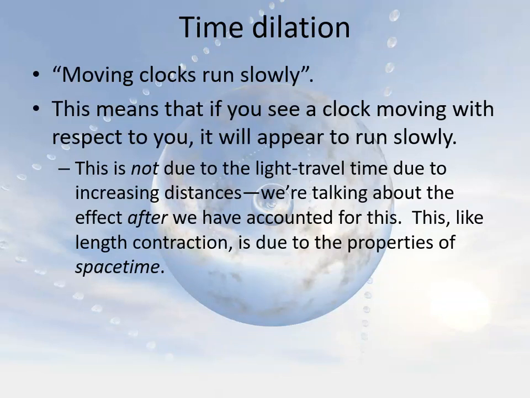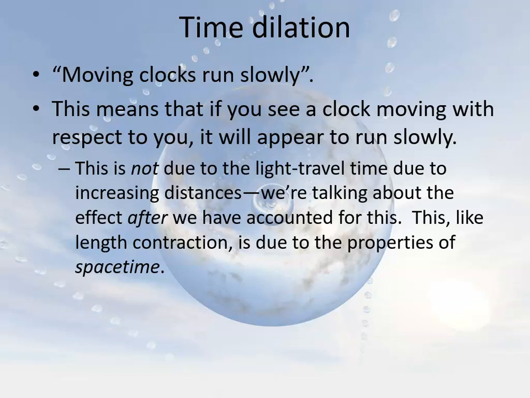Now, in the case of time dilation, this leads to another very interesting paradox, because if I say your clock is running slowly, and you say that my clock is running slowly, it's like, okay, who's right? Well, consider this paradox. Let's say Bob and Alice are twins, obviously not identical twins, but Bob and Alice are twins, and Bob is sent away on a rocket ship at, let's say, 99% of the speed of light.